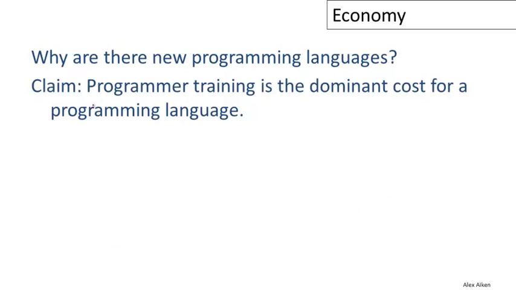I claim that programmer training is the dominant cost for a programming language, and I think this is really important, so I'm just going to emphasize the bit that's important here. It's the programmer training, the cost of educating the programmers in the language. So if you think about a programming language, there are several things that have to happen for that language to get used. Somebody has to design it, but that's really not very expensive. That's just one or a very few people, typically. Somebody has to build a compiler, but that is also not actually all that expensive. Maybe 10 to 20 people for a really large compiler project can build quite a good compiler. The real cost is in all the users and educating them.